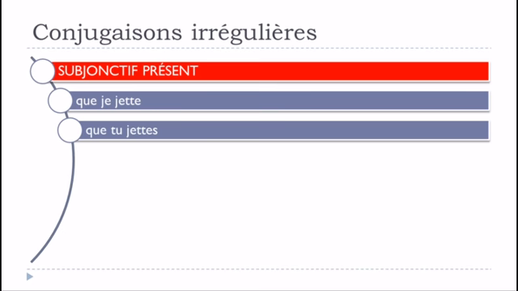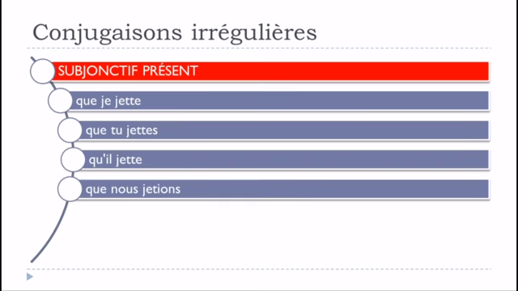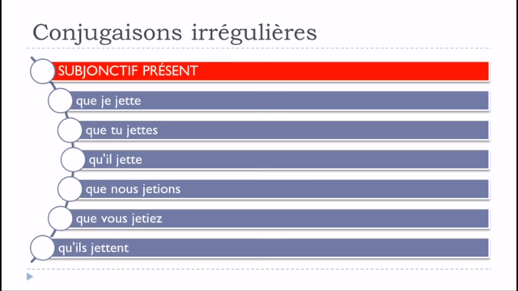Que je jette, que tu jettes, qu'il jette, que nous jetions, que vous jetiez, and then qu'ils jettent. So what can we see here? We can see that je, tu, il, and then ils will be affected because you will have to, as we did previously, double this letter. Okay, but then nous and vous, actually you don't touch them, you just follow the rule of construction of the subjunctive présent for the verbs from the first group. Okay, so que je jette, que tu jettes, qu'il jette, que nous jetions, que vous jetiez, and then qu'ils jettent.